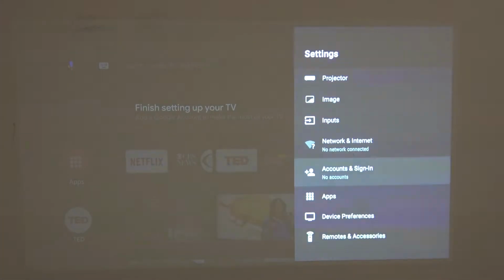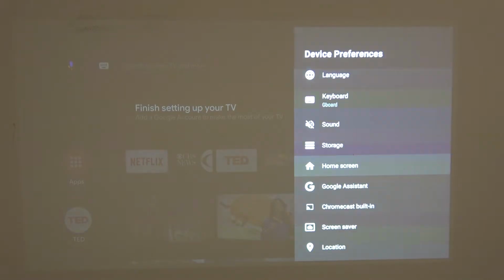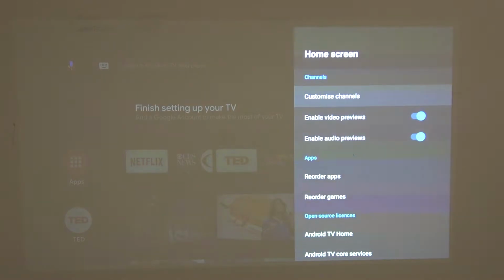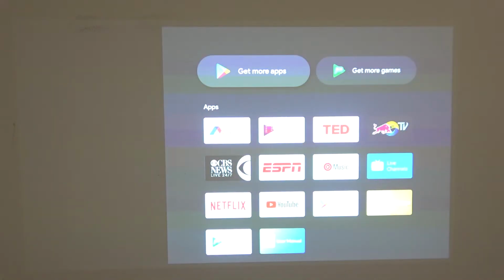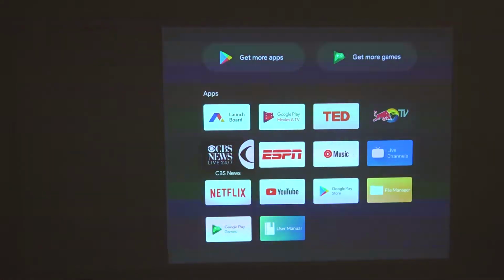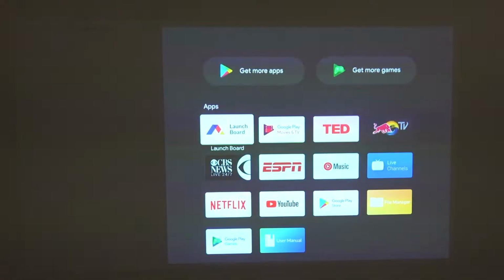From here scroll down and find device preferences, click on it and navigate to the home screen. Now click again and you'll be able to see the reorder games in the apps section. Click on it, and from here, if you get any games, you'll be able to reorder their icon,